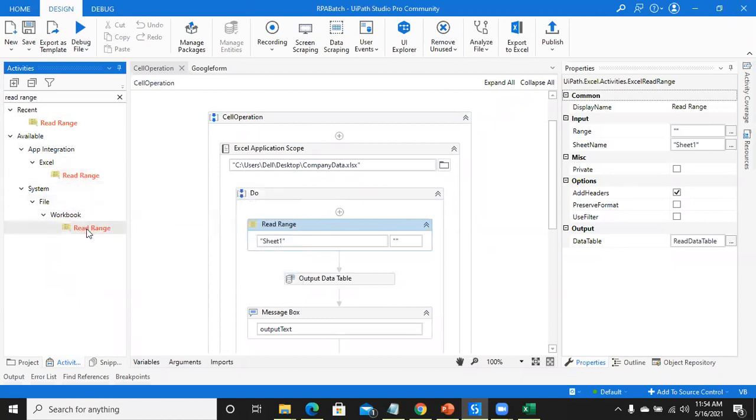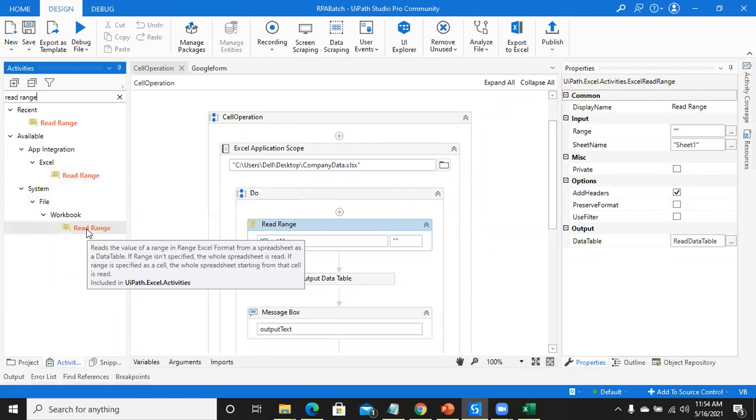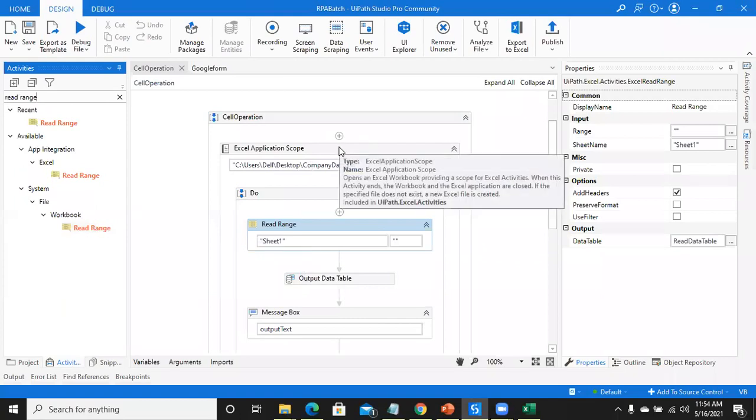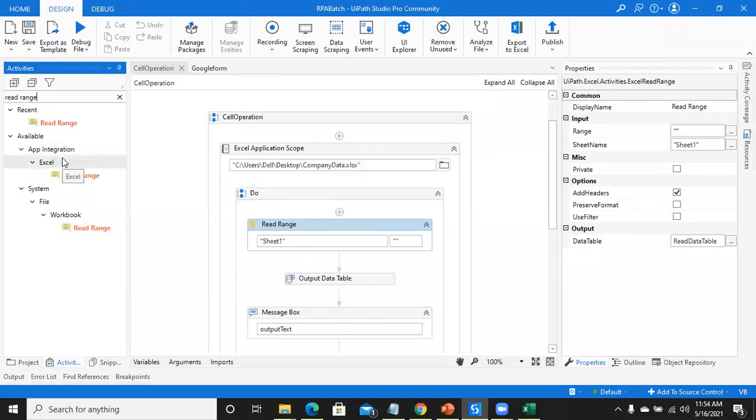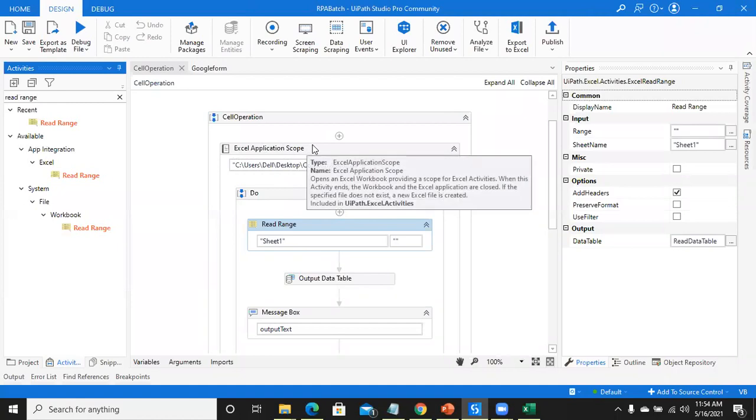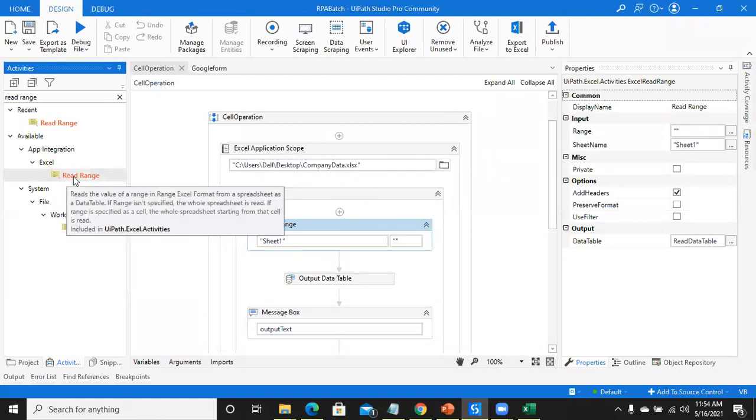We can use these workbook activities also, but whenever you use the workbook read range activity, Excel application scope is not necessary. If you use Excel application scope, you should use the read range inside it.